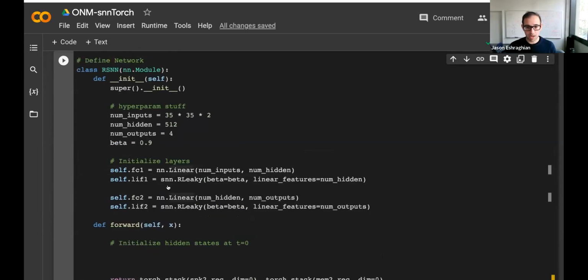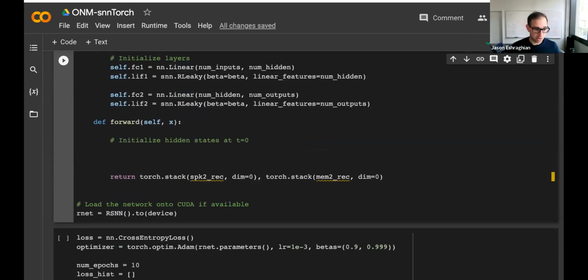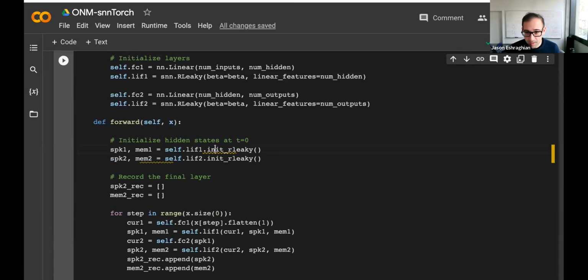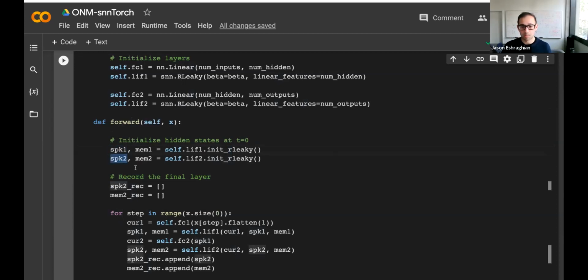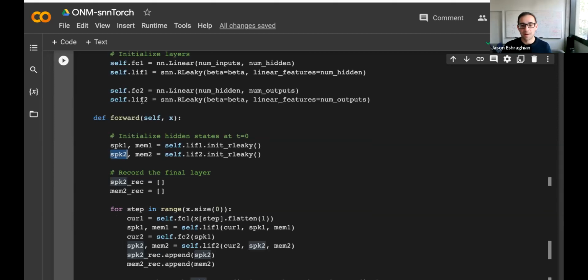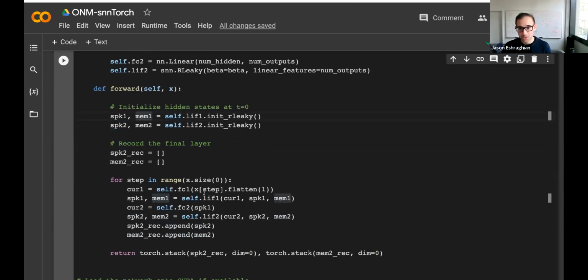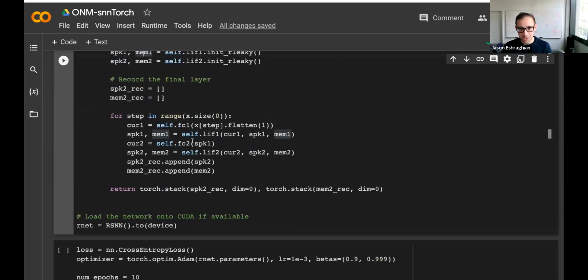Awesome. Then my forward function, again, I'm going to copy paste this. Won't do this from scratch anymore. Are there any differences? Yeah, some minor differences. So now we init RLeaky instead of Leaky, and because we now use spiking as a recurrent variable, we have to initialize that as well, because every recurrent LIF neuron has to have an initialized spike and an initialized membrane as well.